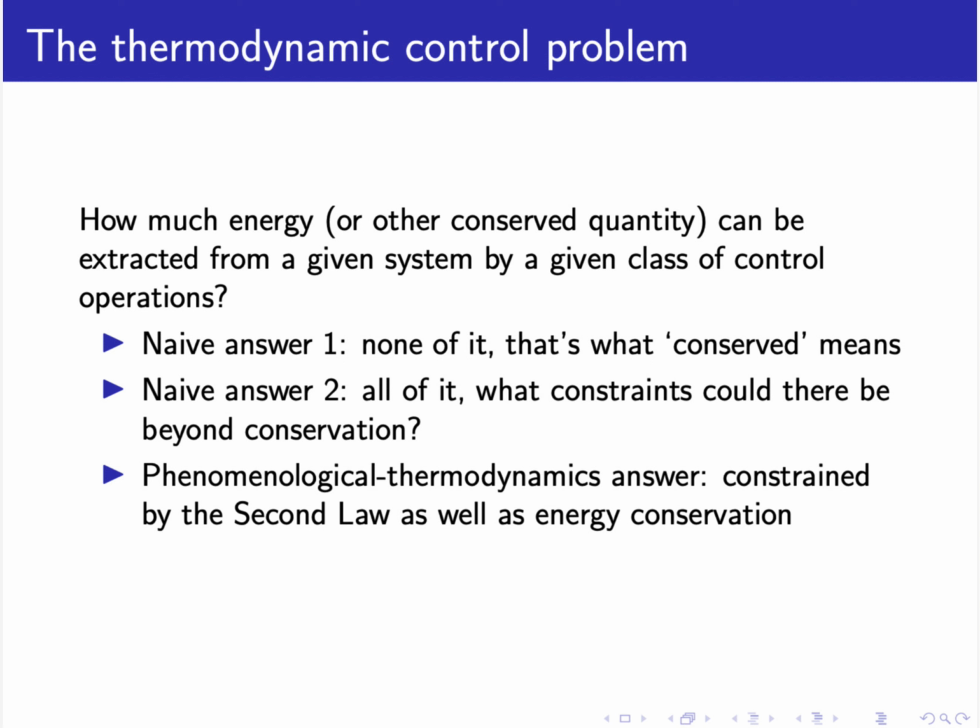If I have two systems, like a hot one and a cold one, and I'm allowed to put a heat pump between them, now I can get some of the energy out, but not all. And when eventually the hot system cools down and the cold system heats up, and maybe they're at the same temperature, now that's the end of the game, I can no longer get any energy. So you can think about phenomenological thermodynamics as a control theory characterized by a controlled problem, the extraction of energy from a system, the ability for the system to do work on the intervening agent, if you like, and by the first law, conservation of energy, and the second law as constraints that tell us what the space of control operations